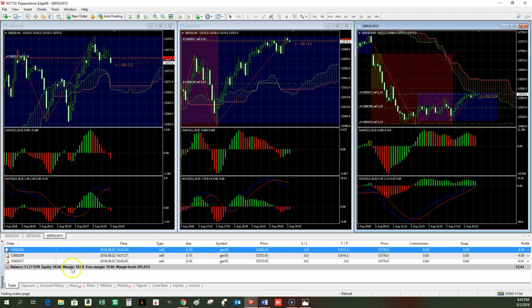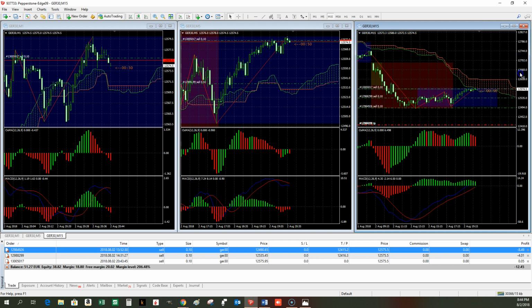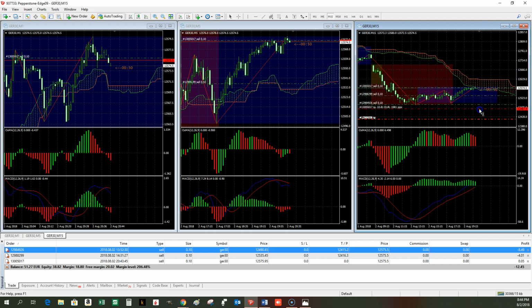Okay, so we have margin 18.80. And it's the last position that I'm going to take before the end of the market day. The market should close at 11 o'clock in the evening. So before it closes, I'm going to take a position and go down to the take profit